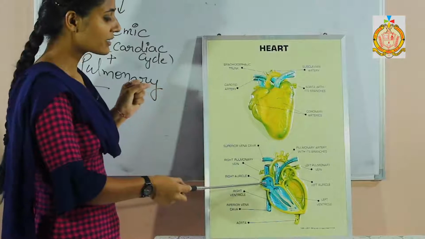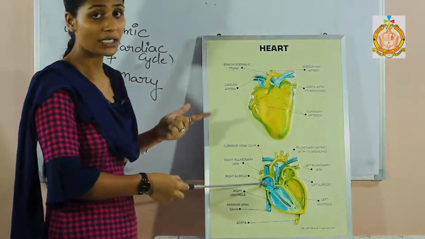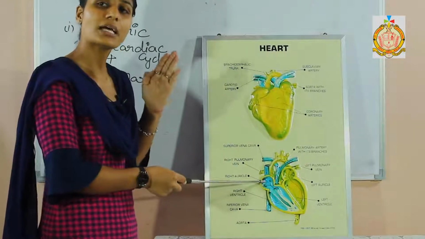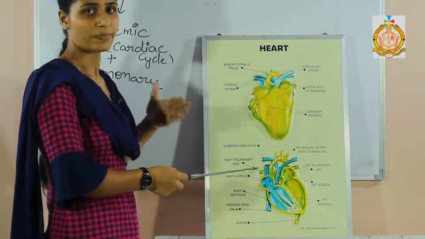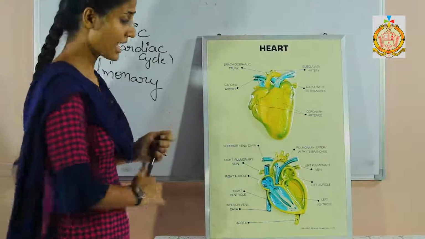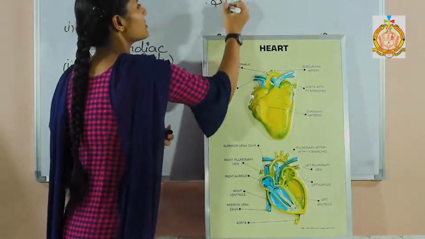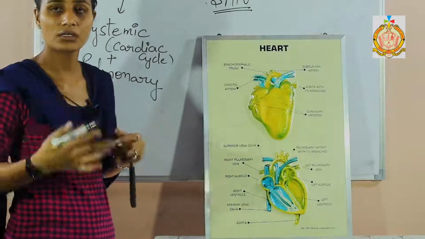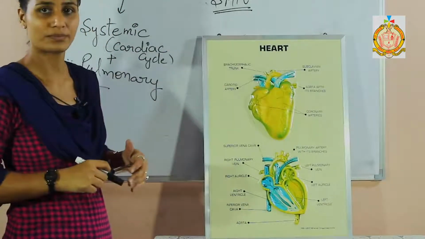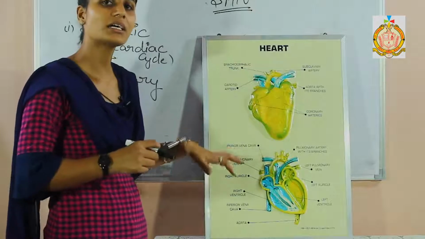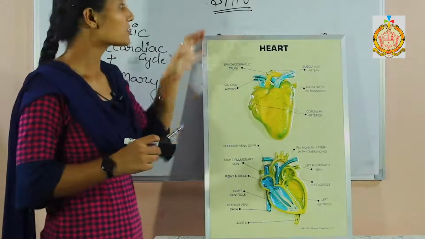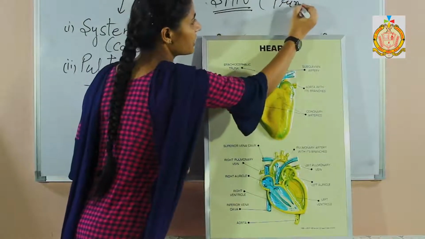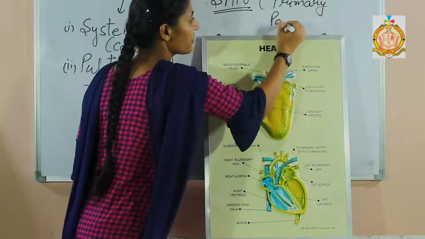Okay, here in the right side of the heart, in the walls of the right auricle, the sinoarterial node is present. Sinoarterial node is known as SAN. Sinoarterial node is responsible to start that signal, and that signal is telling the heart to show the contraction. Okay, so sinoarterial node or SAN is also known as the primary pacemaker of the heart. So this is the primary pacemaker.